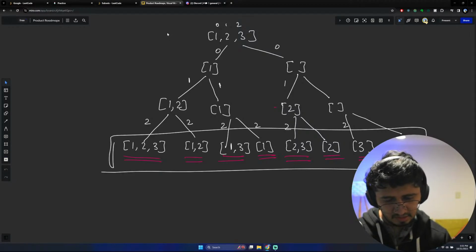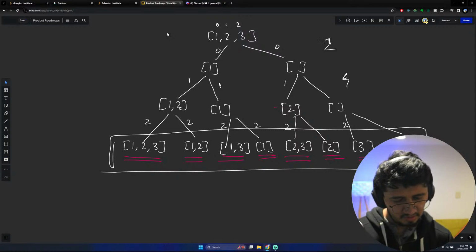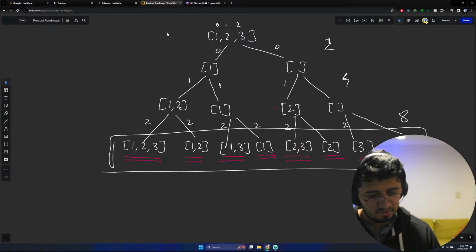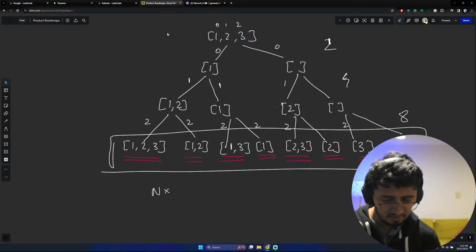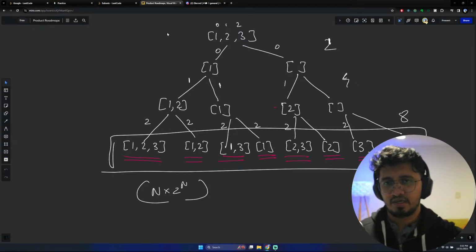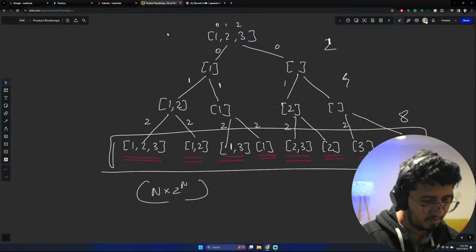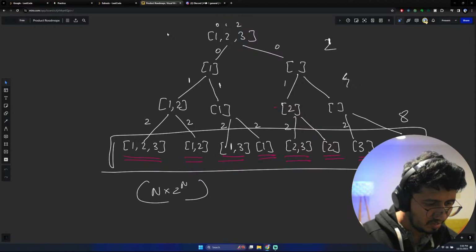So at every stage we are taking 1, 2, 4, 8, right? So n for copying, n into 2 raised to n time complexity. Okay, and space would be n because at a particular time we would be only accessing this tree, and then once this is done, we